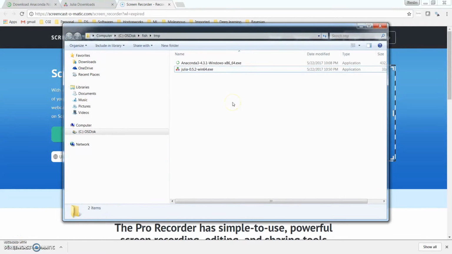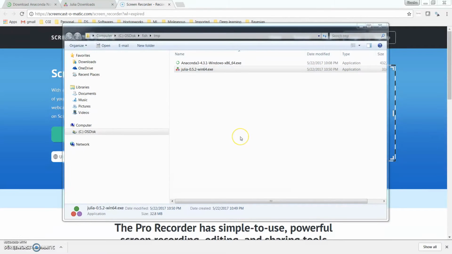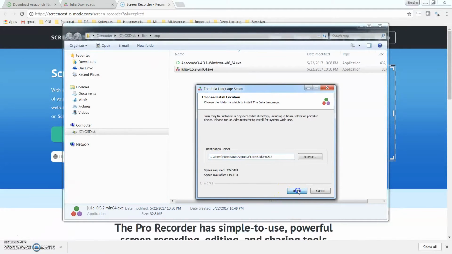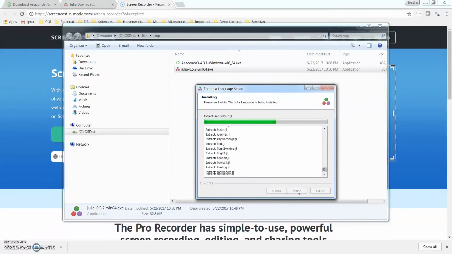Okay, so now the Julia download is complete, and let's go ahead and install Julia. Next, it is extracting. I hope it is installing. Yep, here it comes. So I have it here.